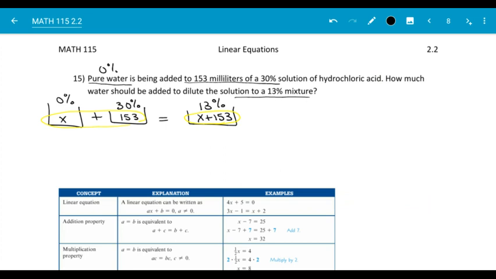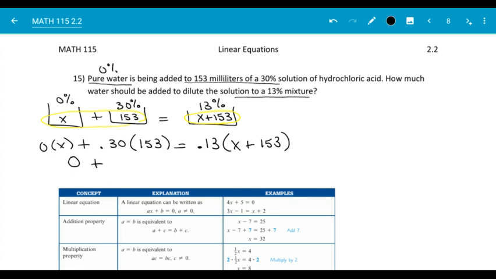So our formula becomes 0 times x plus 0.30 times 153 equals 0.13 times x plus 153. So 0 times x is just 0, plus 0.3 times 153 is 45.9,